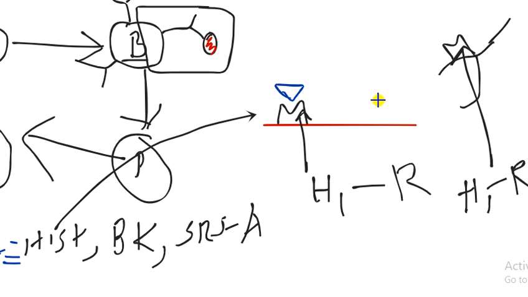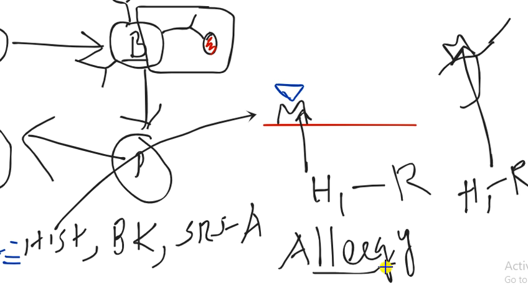So it leads to the dilation of blood vessels and irritation of nerves. And this promotes the allergy symptoms like sneezing, bronchoconstriction in the smooth muscles, and production of mucus, vasodilation. In severe allergy, massive dilation of blood vessels may lead to shock.